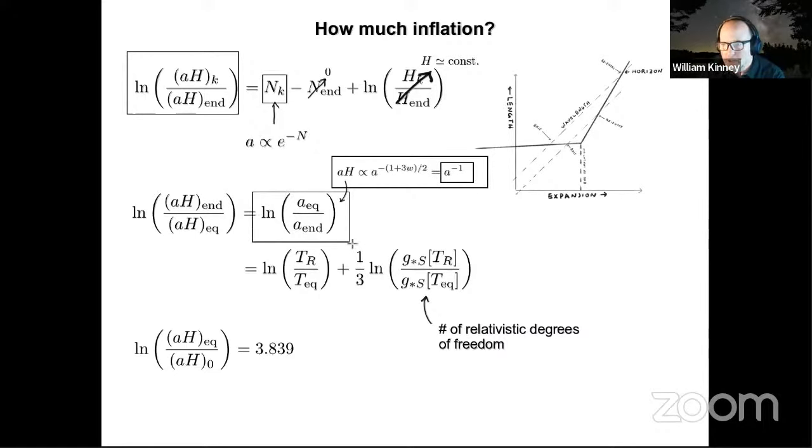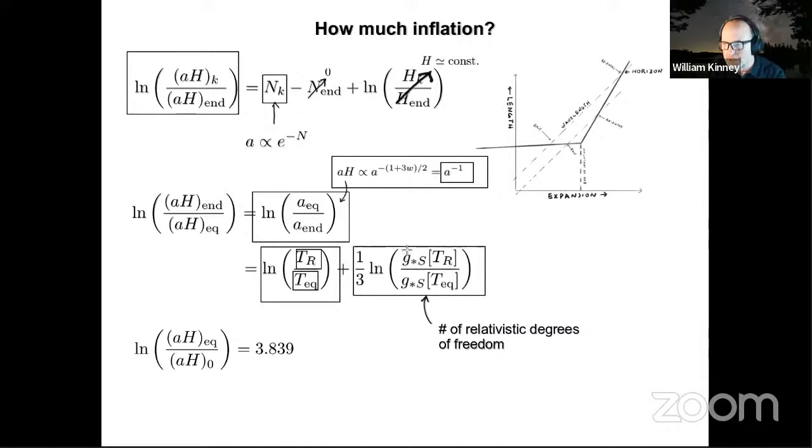So we can simplify this expression as just a ratio of scale factors between matter radiation equality and the end of inflation, which then, assuming thermal equilibrium, we can rewrite as temperatures. So we can rewrite this log of scale factors as the log of temperatures, where T_r is the reheat temperature after inflation. That's the temperature at the boundary condition of the hot Big Bang, at which inflation ends and the radiation dominated phase proceeds, and the temperature at matter radiation equality, which we know from LCDM cosmology, plus a small correction factor that depends on the difference between the number of relativistic degrees of freedom.